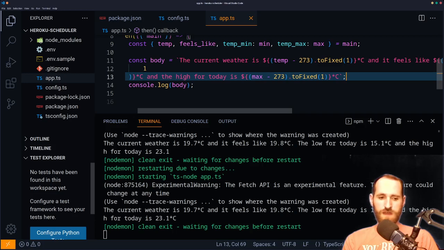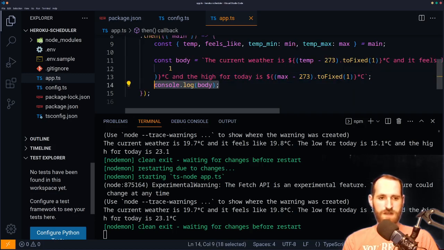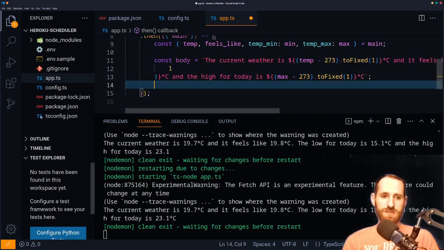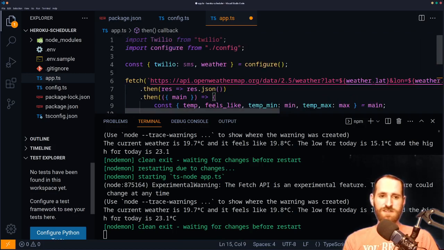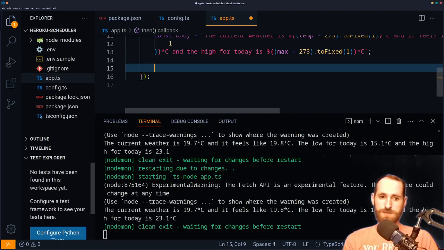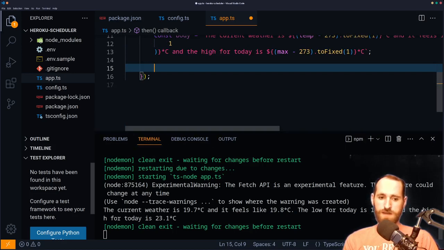So now that we've got that text formatted nicely, we can go ahead and instantiate a new Twilio client and send ourselves a text message. If we can get that to work live in my terminal here in dev mode, we can just deploy it on Heroku and get the task scheduler to run it. So let's go ahead and